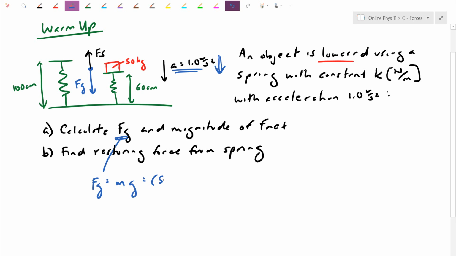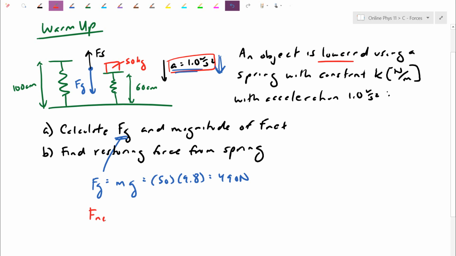So we're going to go, we are a 50 kilogram mass. The G is going to be 9.8. This one here gives you 490. Pretty much every mass, you're going to assume that we're on the Earth's surface, so 9.8, it's going to be 490. If the FS was equal to 490, there would be no net forces acting on it, it would move at constant velocity. But because, like we said, there has to be an acceleration of 1 meter per second squared,